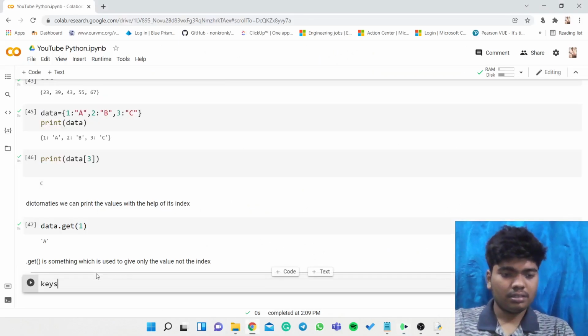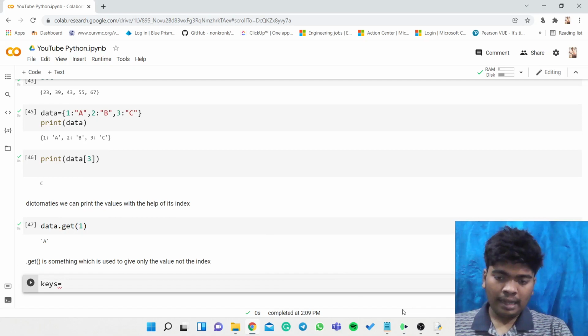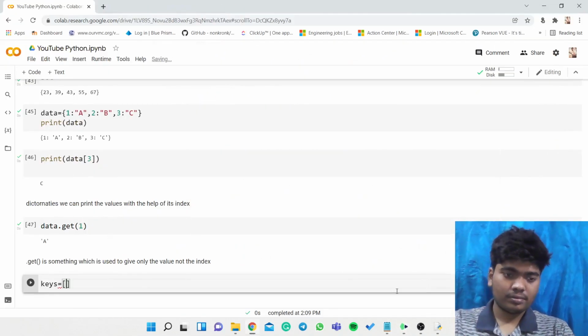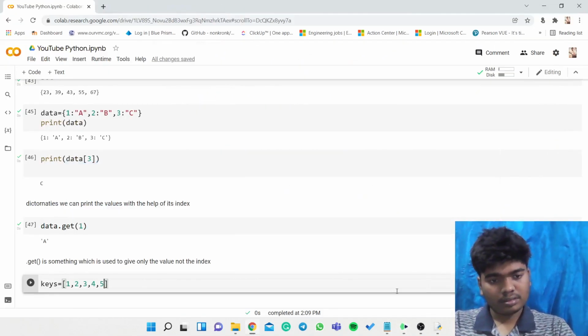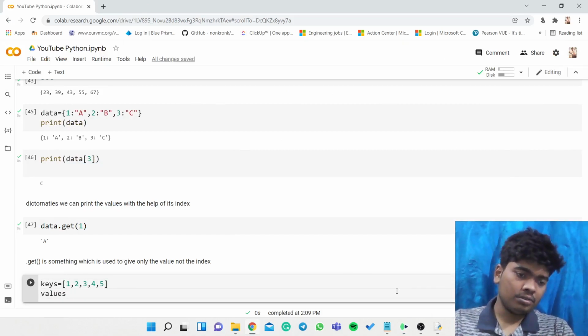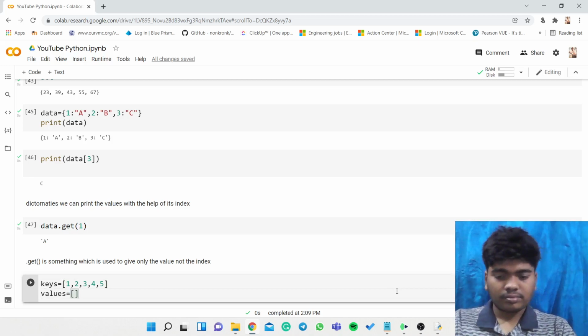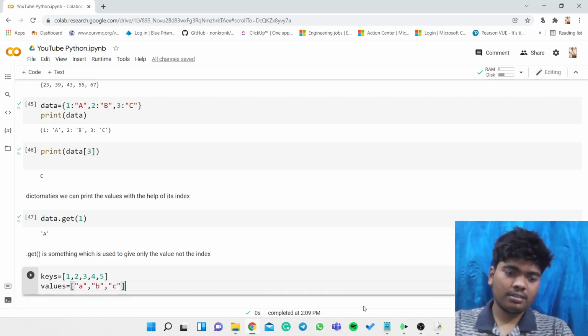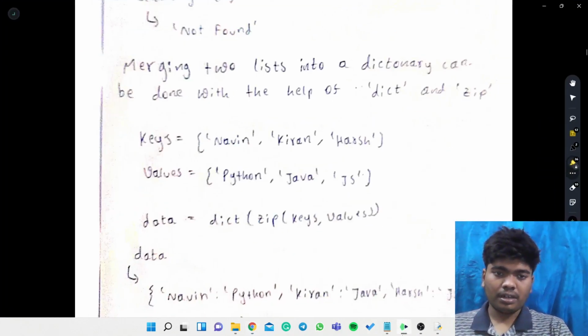So keys, I think they had mentioned the strings. Now we will just give something like numbers. So keys are this, and then values A comma B comma C. Now if we try this zip, we can just try the zip here.